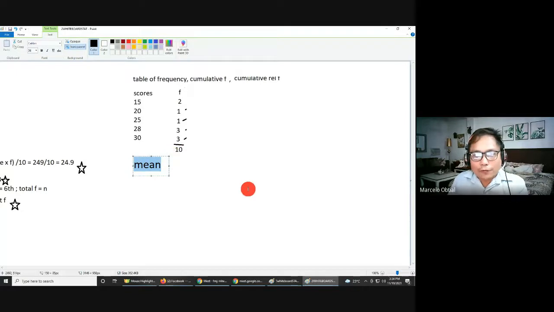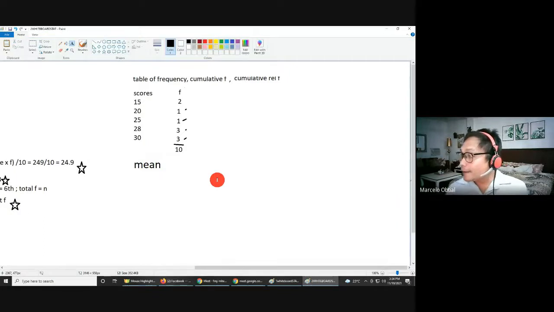So how do we solve for the mean or average just given these two columns? Okay. Ang ginagawa ng iba, okay, class, listen, no? Which is wrong, okay? Hindi talaga acceptable siya. Given ito, in-add niya, then divide by 5. And i-answer dun sa mean or average kung ano yung results nun, which is wrong. Because you disregard na merong dalawang 15. You disregarded na may tatlong 28. You disregarded na may tatlong 30. So it's a big no-no that you will add all of this and divide by 5